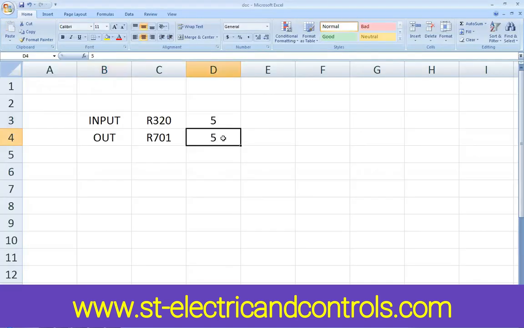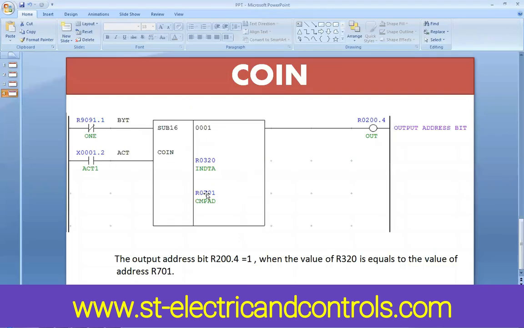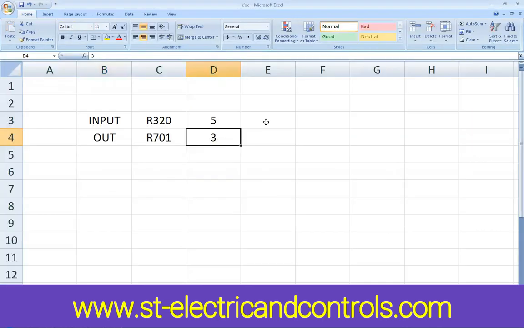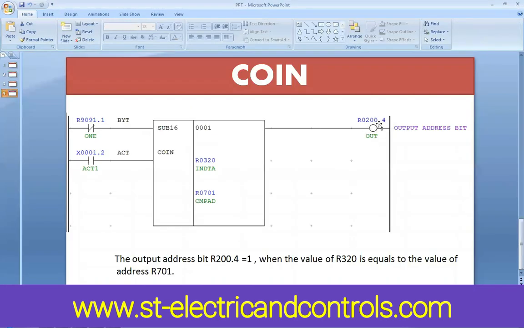Otherwise, suppose in R701 the value is 3, then the output is off. So this instruction checks whether the value of the input data address matches the output register.